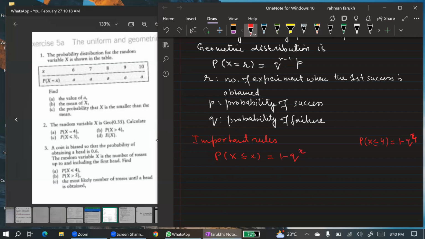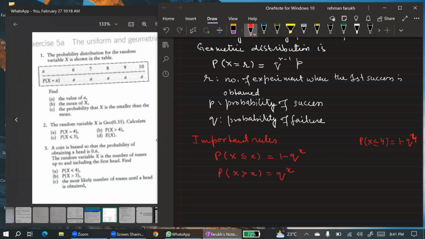जी, बिल्कुल. First success will be obtained before and during 4, at most 4 experiments. सेकंड रिजल्ट ओके। बेटा जो आपने मेमोराइज करना है, probability of x greater than x is equal to q power x. ये इंपॉर्टेंट रिजल्ट्स हैं जो इसमें यूज होते हैं. Now we will attempt questions. Now question number... तो सर ग्रेटर देन इक्वल टू आया और सिर्फ लेस देन आया।